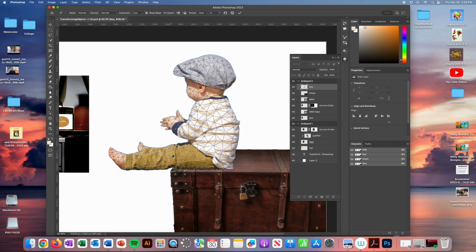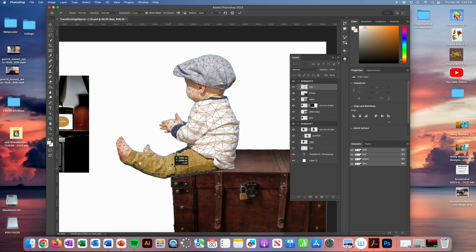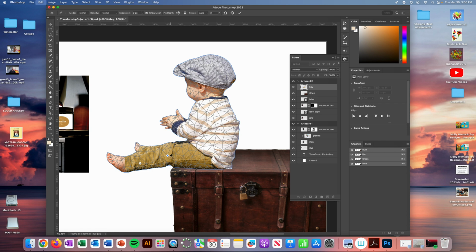And I'm going to especially pay attention to his knee. Okay. When the anchor is in blue, you have the option of adjusting from that anchor. I want to just simply rotate his knees down, so I'm going to hold my option key and slide my mouse out until I get the circle, and then